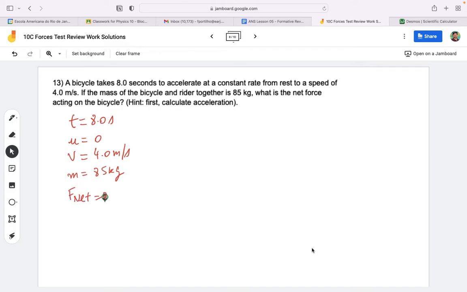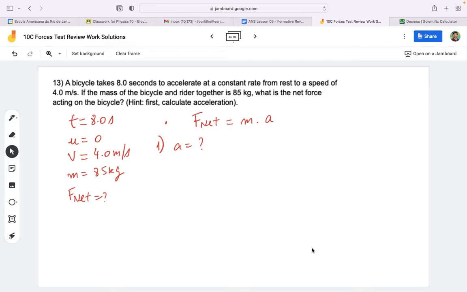So it is important to see that to calculate the net force in this context, you would have to have the mass and the acceleration. The product of those two quantities would give you the net force. However, we don't have the acceleration. So the first step to take in this problem is to figure out what the acceleration is. We have enough data to figure it out, which is